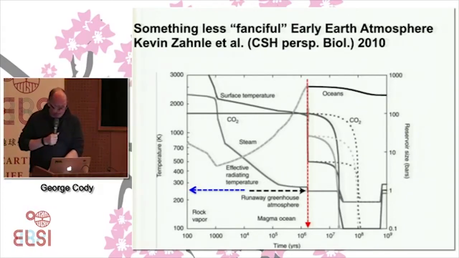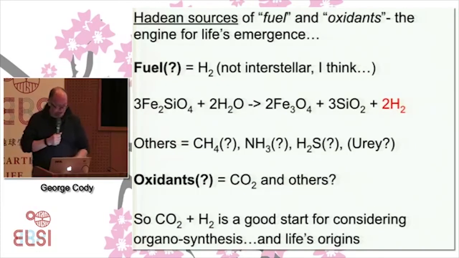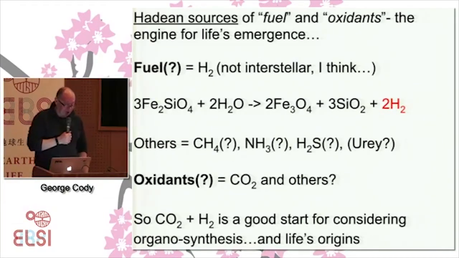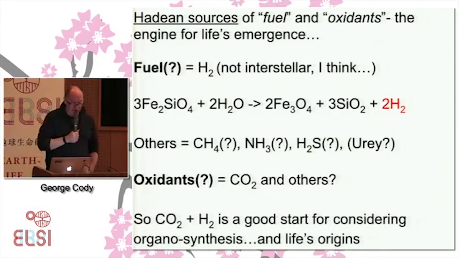So if you think in a Kevin Zonley-esque way, you're really talking about CO2. So that gets us to ask about Hadean sources of fuels and oxidants. We condensed a planet from interstellar material. Of course, one of the most abundant molecules in the universe is hydrogen, but I doubt very severely that any of that hydrogen made its way into the accretion of the Earth. That was left. So we need the Earth to generate the hydrogen that's going to be probably the most dominant